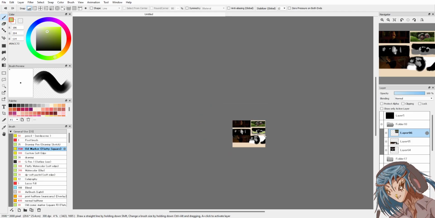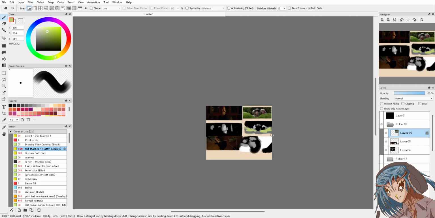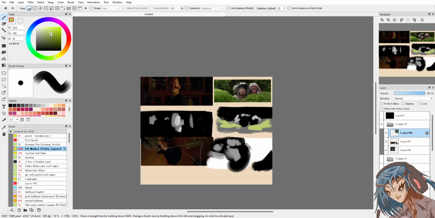Lime, too bright. Those are the highlights. This looks too saturated. It's fine.